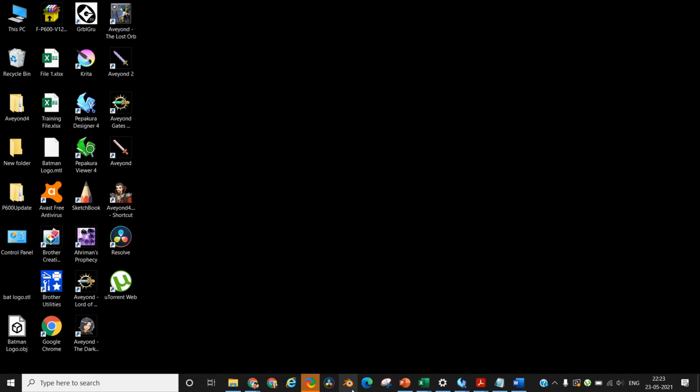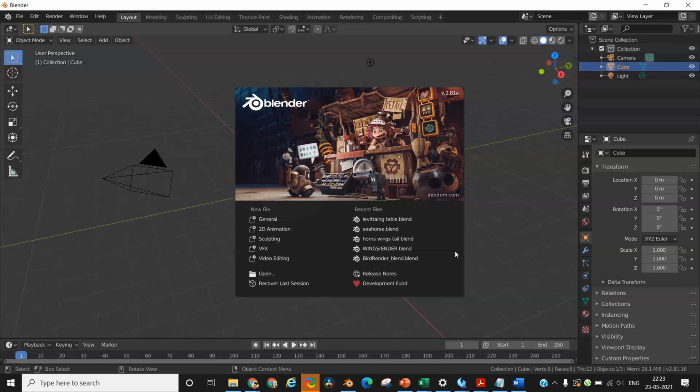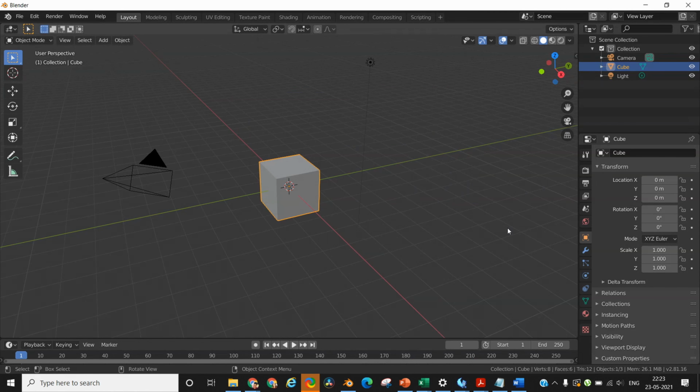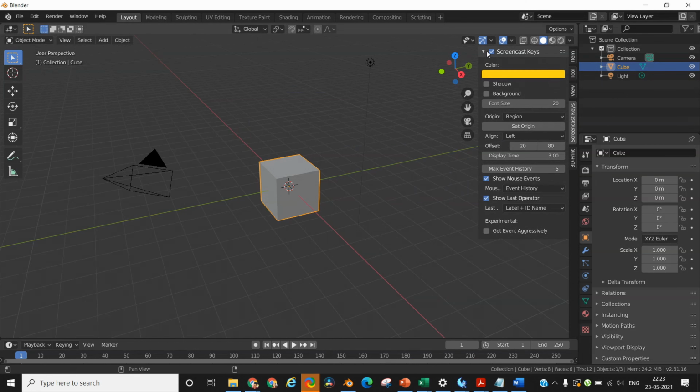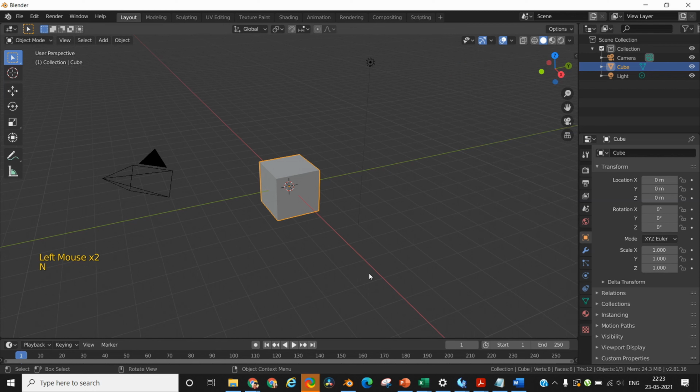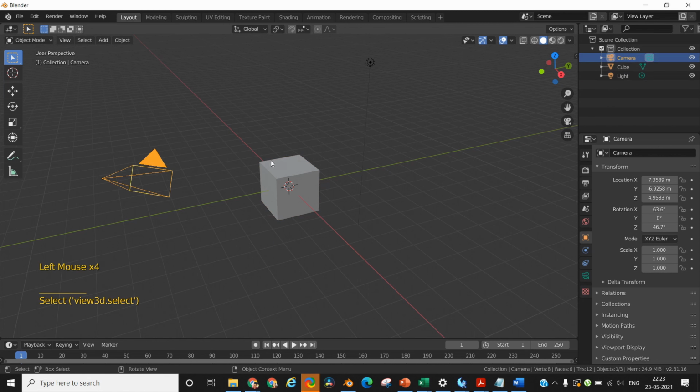So to start with, open the Blender application. Blender is a free 3D modeling software available for both Windows and Mac. When you open the software, you will see this default view which is called the 3D viewport. This is where you see your objects in 3D format. On the left hand side, you can see all the keys and mouse clicks that I am doing for easy reference. In this 3D viewport, you will see a default cube, then there is a light source, this is a default light source, and then there is a camera angle which is also a default.